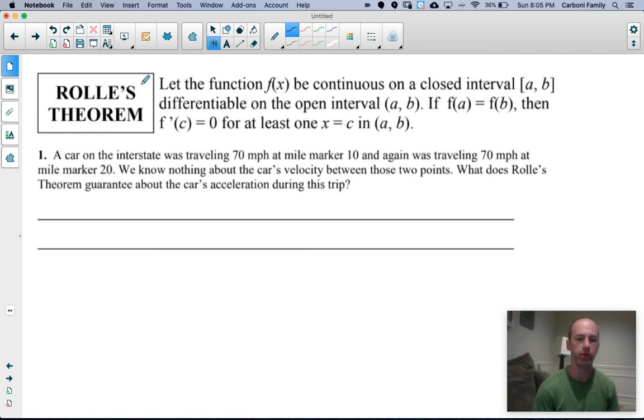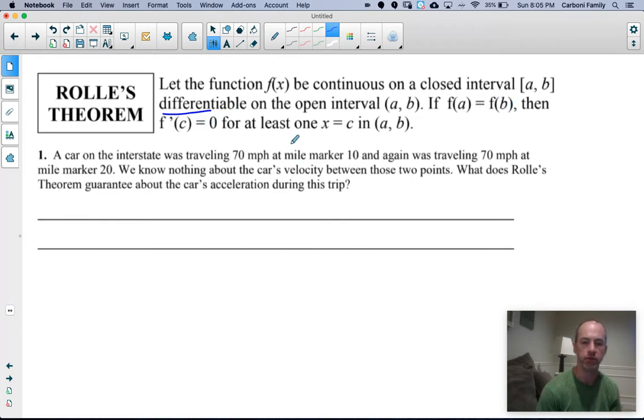Alright, let's look at Rolle's theorem. And this one is the first of the big theorems that actually relies on differentiability. Notice the requirements: the function starts with continuity on the closed interval. However, the open interval needs to be differentiable. And if f of a is equal to f of b, then there must be a point where the derivative